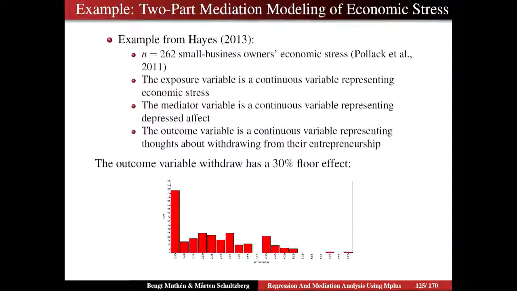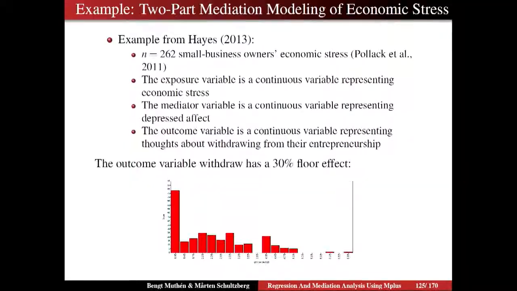So now we come back to this example. It's the economic stress data, which Bengt already showed you once, but I'll remind you. So what we have here is an exposure variable that is economic stress, how stressed you are about your economic situation. And this is small business owners that are in the sample. The mediator is a variable representing how depressed you are or how much negative emotions you have. And finally, the outcome variable is a continuous variable representing thoughts about withdrawing from your entrepreneurship. So thoughts about withdrawing from your business and instead becoming an employed person, so you don't have to think about